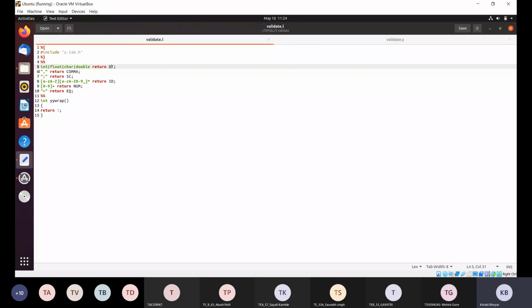Then in the declaration of a variable list, comma can also be present, right? So we have to identify comma also. If comma is present, we have to return this comma as a token. Remember, these are all tokens that we are defining here in the .l file, and these tokens will be utilized in the .y file, that is the yacc file. Okay, then every statement terminates with a semicolon. So semicolon should also be there. If semicolon is there, then we have to return sc, that is semicolon.